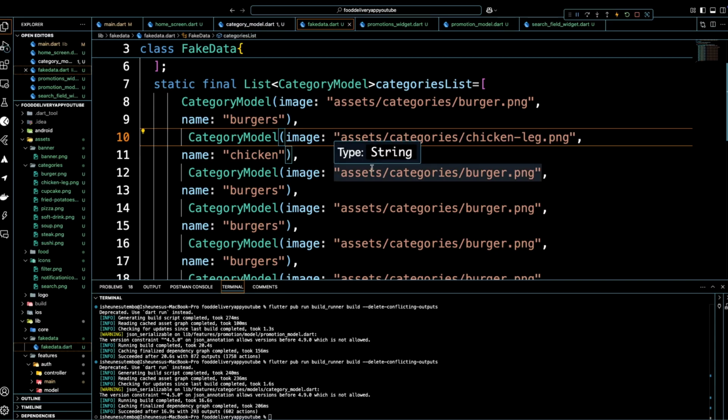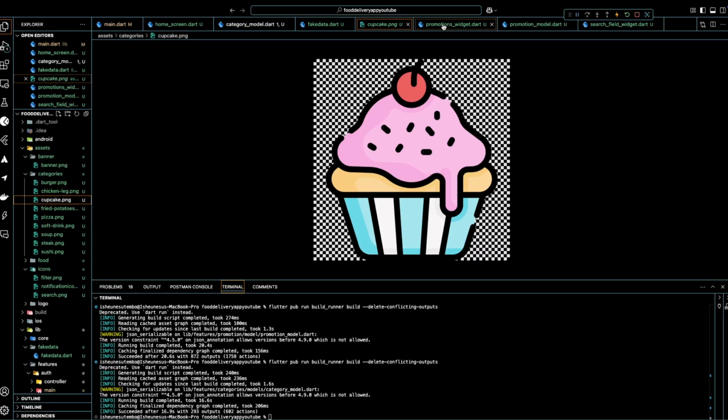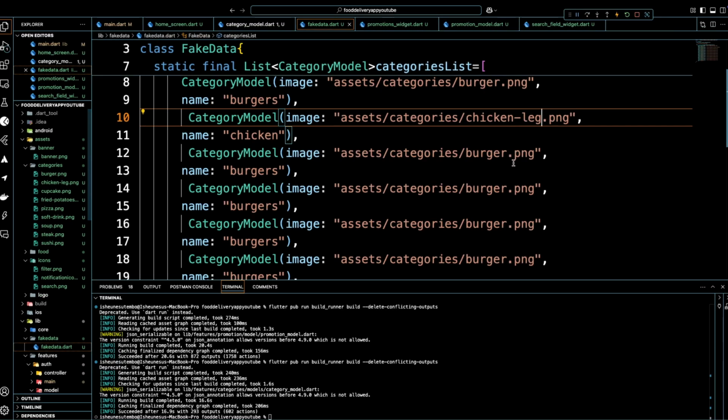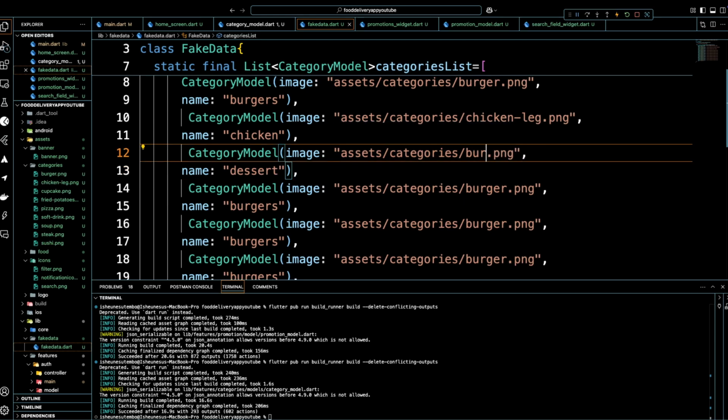So you can get these files from my GitHub. And then what else do we need? What's this? So this is going to be DZ. So let's change this to DZ. And then it's going to be cupcake.png,